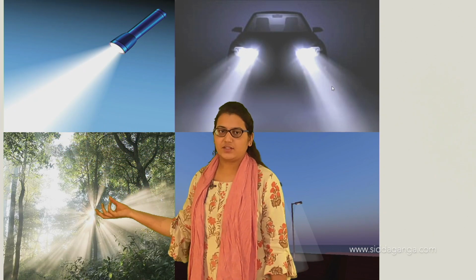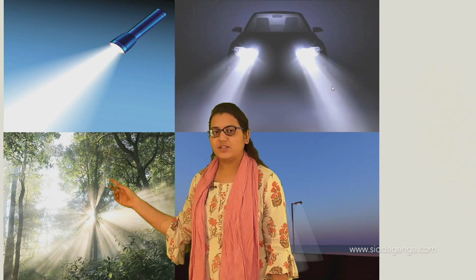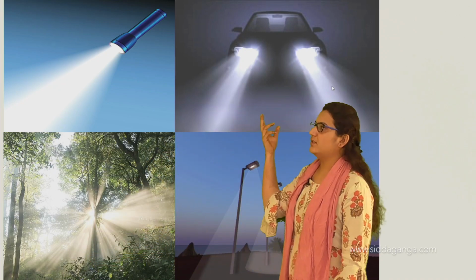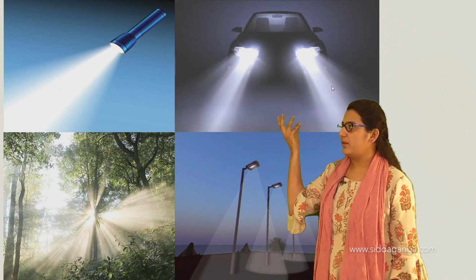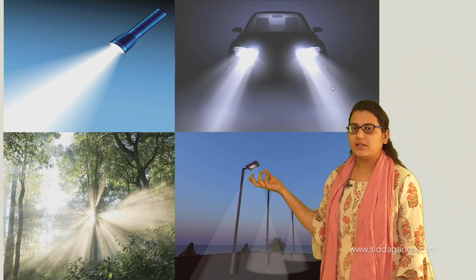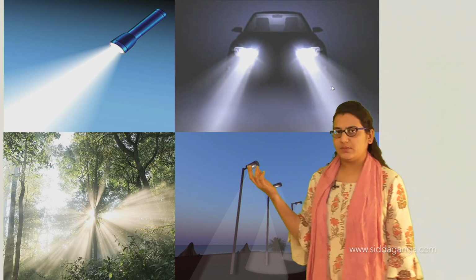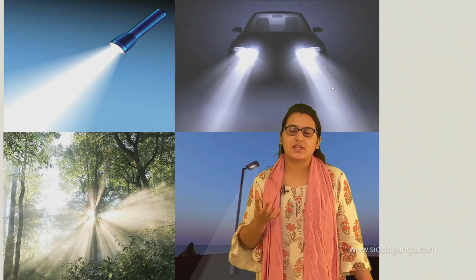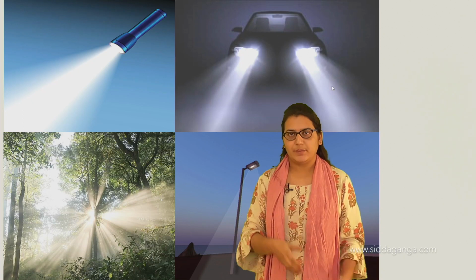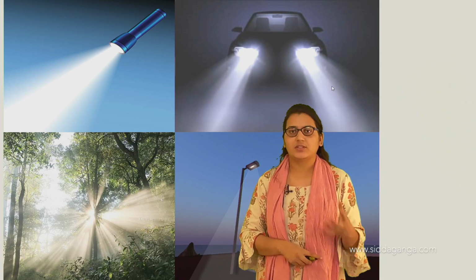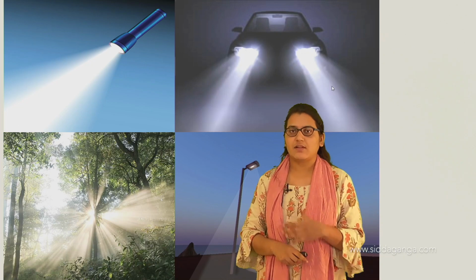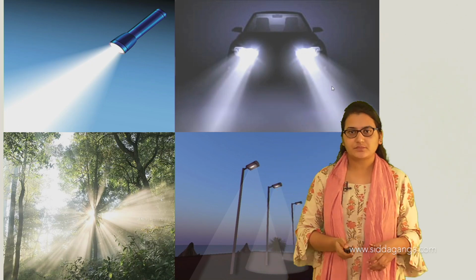Even the natural sunlight we get, the sun rays, travels in a straight beam, in a straight line. And here also the car headlights, the light we get from our vehicles, travels a straight path. Even street lights and many more examples. So basically what I am trying to say is the light travels in a straight line, it's not wavy, it's not curved, it's not circular, it just travels in a straight line.